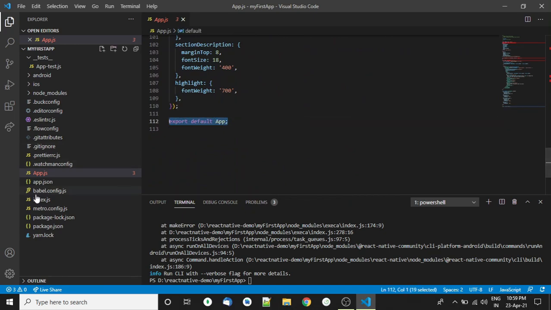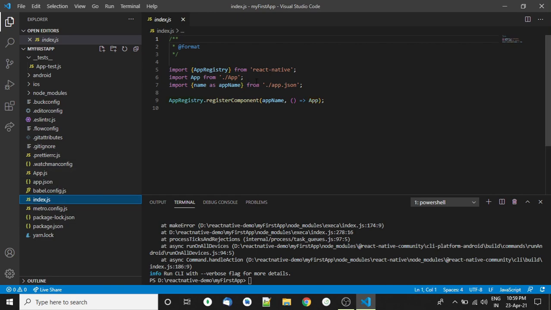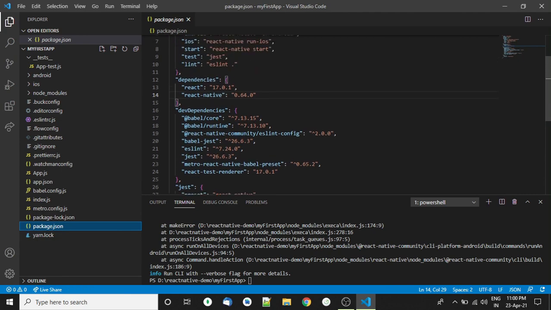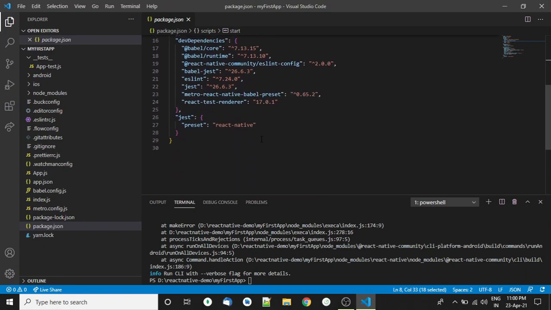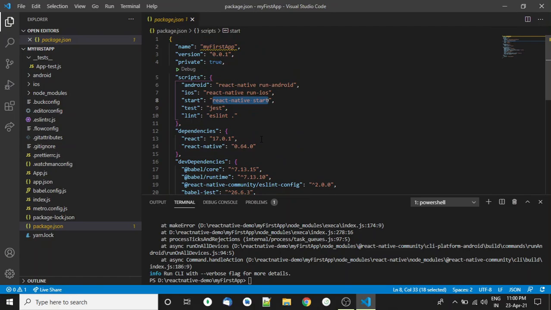The index.js file is the connector that wires up the JavaScript to the native Android or iOS code. AppRegistry is the JS entry point to running all the native applications, and app root components should register themselves with AppRegistry. The package.json file is created by npm, which is Node Package Manager. It contains all the metadata, dependencies and scripts for the app. The file lists all the dependencies like modules and packages that are going to be used within our app.